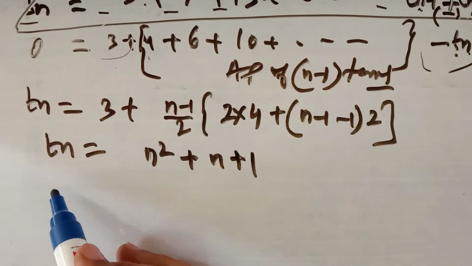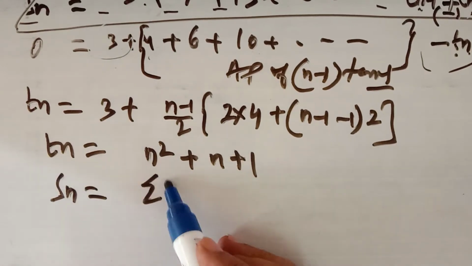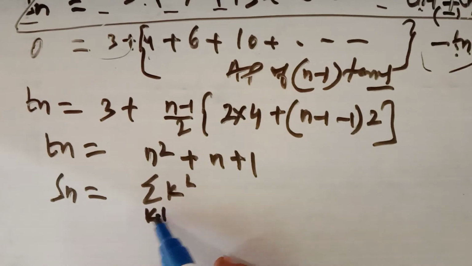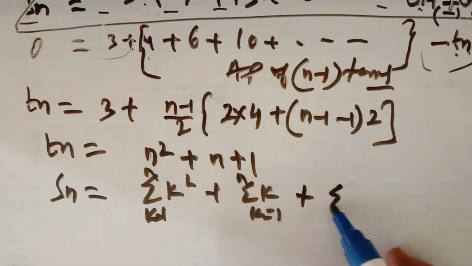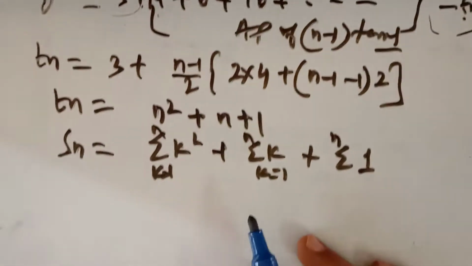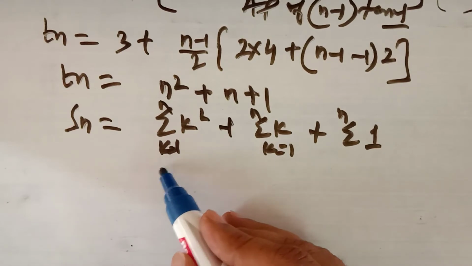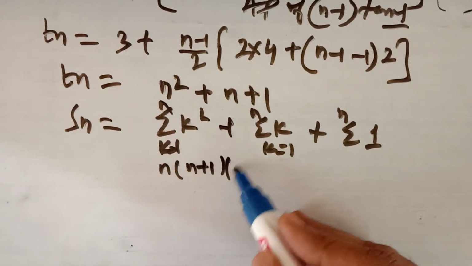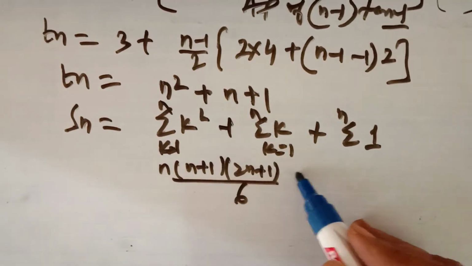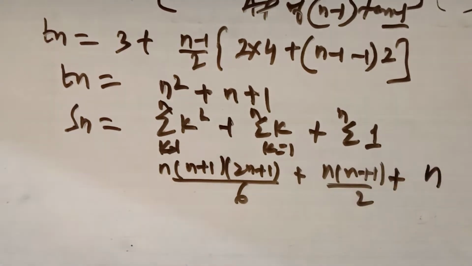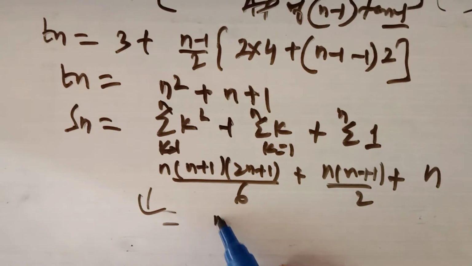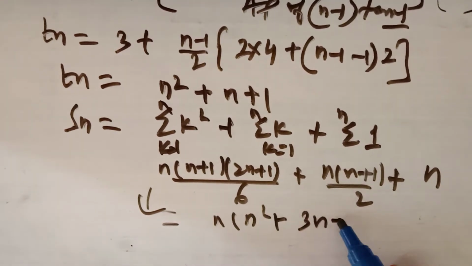This is a special series question, and when you have to find the sum, you replace n by k, summation of k from k equals 1 to n. Special sequence, in the last exercise you have done, 1 up to n times you have to add. You replace the values: the sum of k square up to n terms will be n into n plus 1 into 2n plus 1 upon 6, and the formula for k is n into n plus 1 upon 2, and 1 up to n times when added, it will be n. And when you arrange it, simplify it, you are getting this sum as n square 3n plus 5 upon